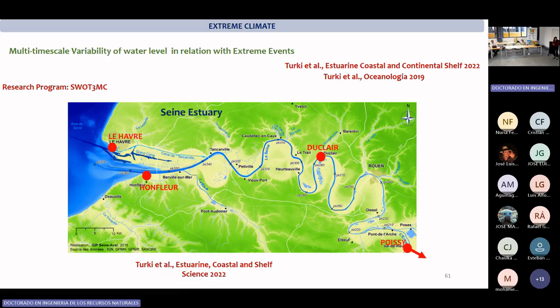So it's an application I have taken, from one publication in 2022. I have taken all the Seine estuaries in the northern side of France, from the upstream to the downstream, and we have looked at all the stations along the systems. We have looked at the contribution of the fluvial parts and the marine parts, and then at large scale the impact of atmospheric circulations or climate oscillations on the variability. So we have the following.